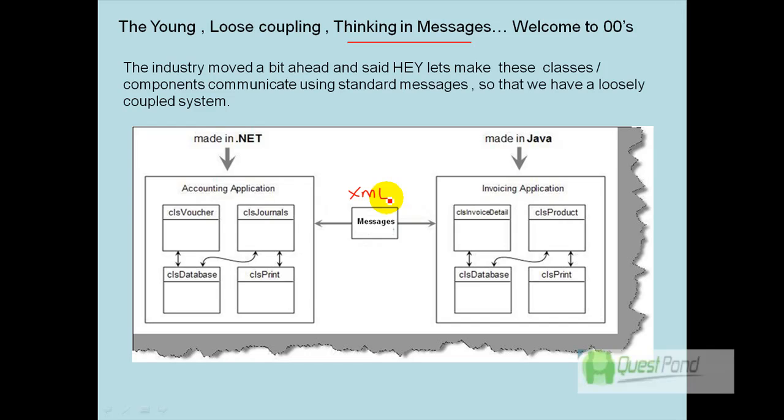So basically, if you want to call a .NET function, or if you want to create a .NET voucher class, the Java application can send an XML message, and .NET can read that XML message and create an object of the voucher class. So with this came loose coupling. Now neither .NET nor Java needs to think in terms of their proprietary compiling methodology or their objects or DLLs or classes, but they only need to think in terms of messages.